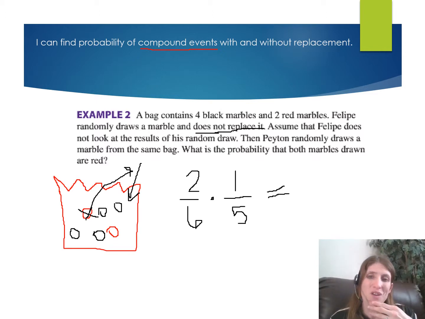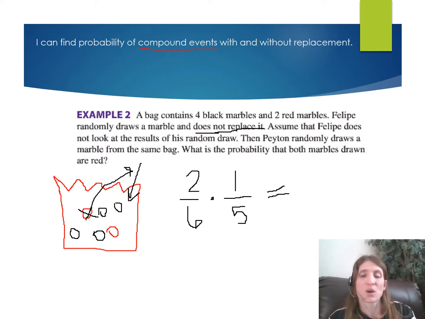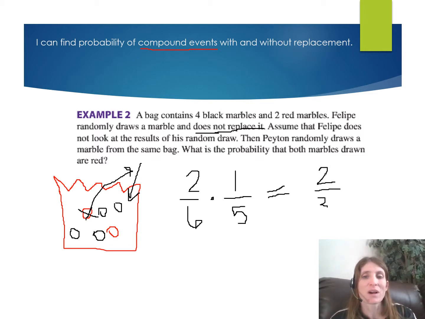So what is the probability that both marbles drawn are red? And that's why it's key. That's why I have to use just the red marbles, because I want both of them to be red. Okay, so hopefully you understood that. Now, we just multiply. So this would be 2 times 1, which is 2, and 6 times 5, which is 30. So my chances, I'm going to reduce that to 1/15th,